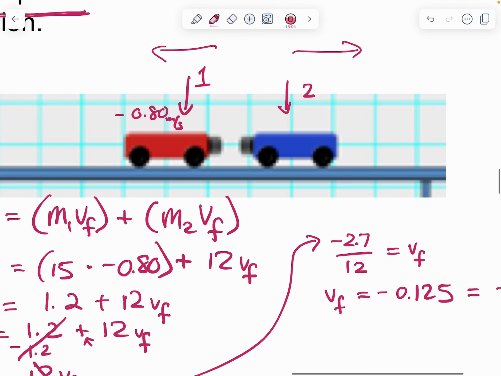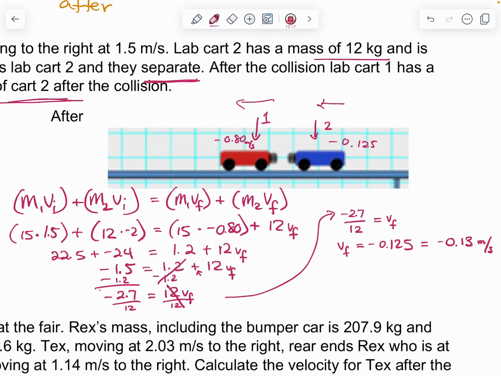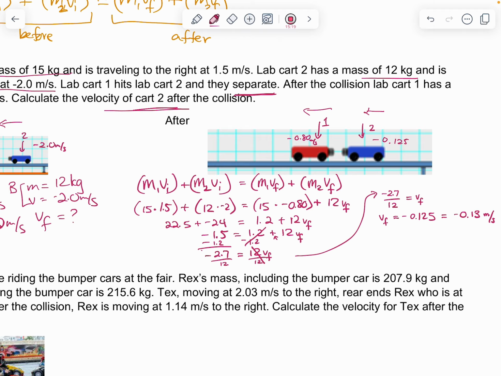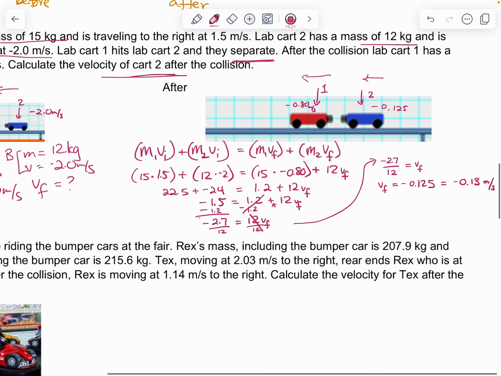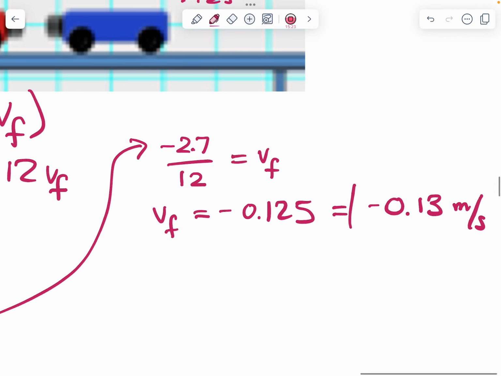And this is negative 0.125. So they did separate, but this one is also moving in the negative direction. It just slowed down. Okay, interesting. So here's our answer,